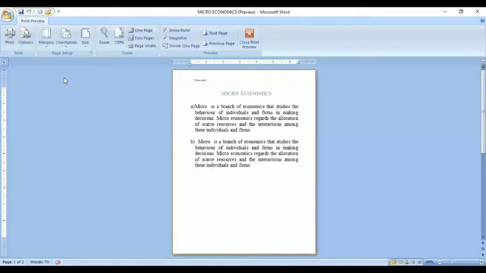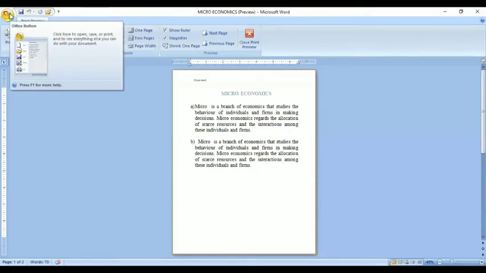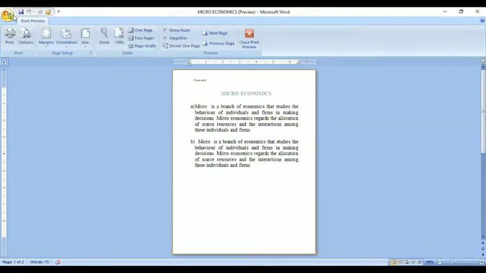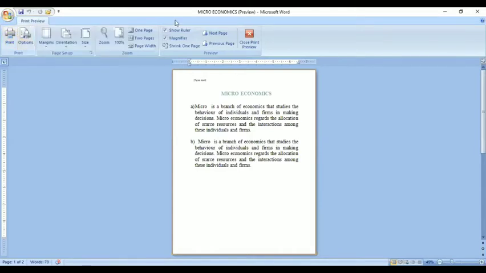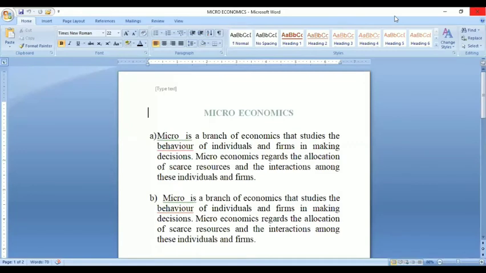So if I take print, it will show like this. If you want to see how it would appear if printed, you go to print preview. You can see it in this. So that is print preview.